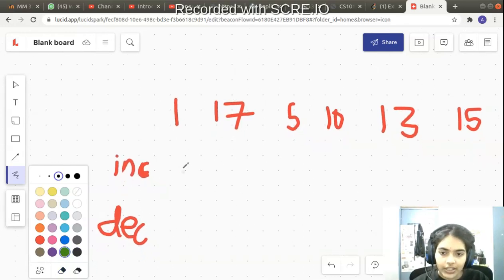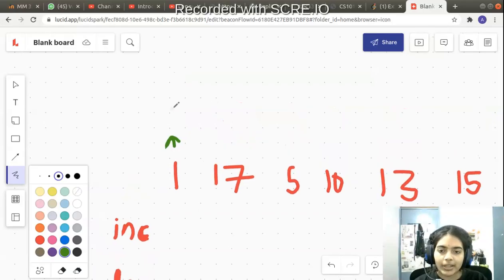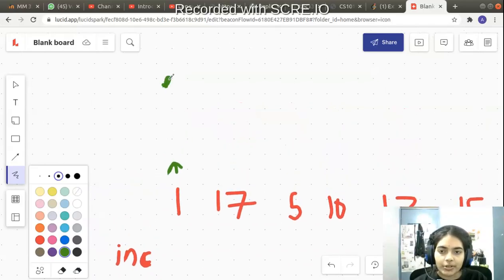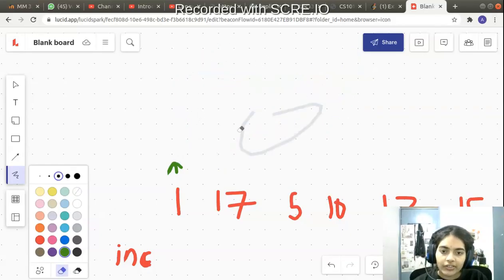So what happens is, first, now one can be part of either an increasing wiggle subsequence or a decreasing wiggle subsequence. What I mean by that is, see, you have two types of wiggle subsequence possible. First, you either start with increasing, then you go to decreasing, then increasing, then decreasing, then increasing. Or you have a wiggle subsequence where you start with decreasing, then increasing, then decreasing, then increasing, and so on. So both these types of wiggle subsequence are possible. Now first number can be part of any wiggle subsequence, right?